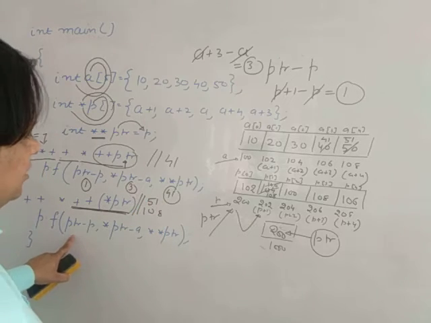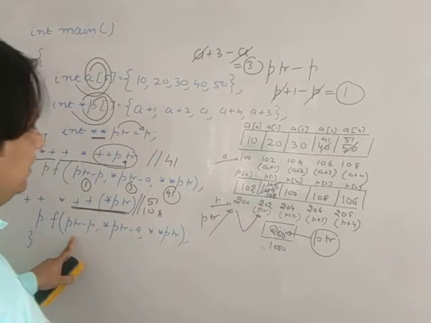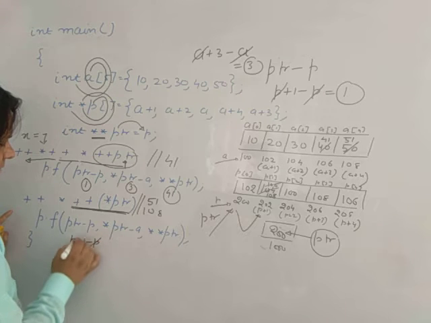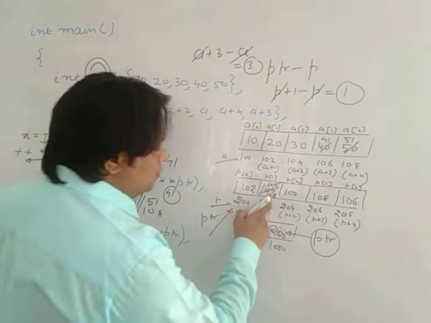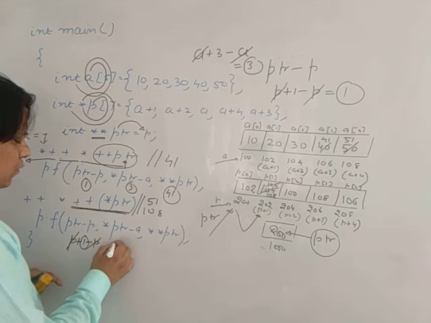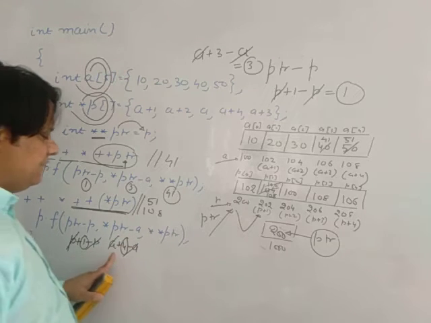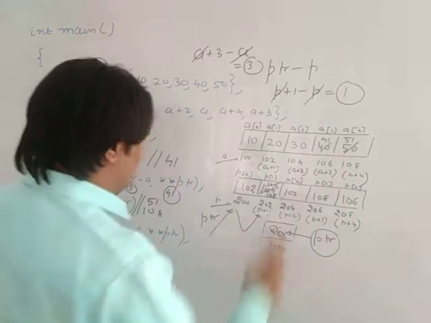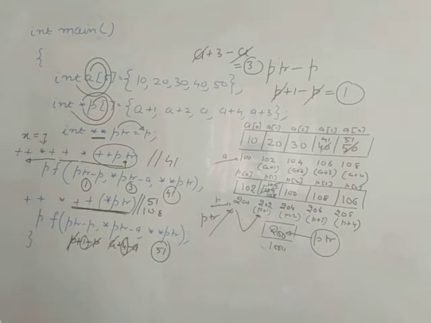Now ptr minus p, see, you have not incremented your ptr. ptr is still pointing at 202 only, so this is nothing but equal to what? P plus 1 minus p gets cancelled, what is left is 1. Now star ptr minus a, star of 202 is now 108. 108 is what? A plus 4. So a plus 4 minus a gets cancelled out, what is left is 4. Now star ptr, star of 202 is 108, and star of 108 is 51. Fine guys, so this is the answer of this code snippet.